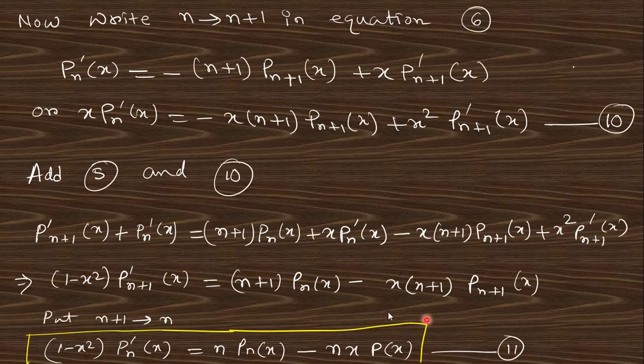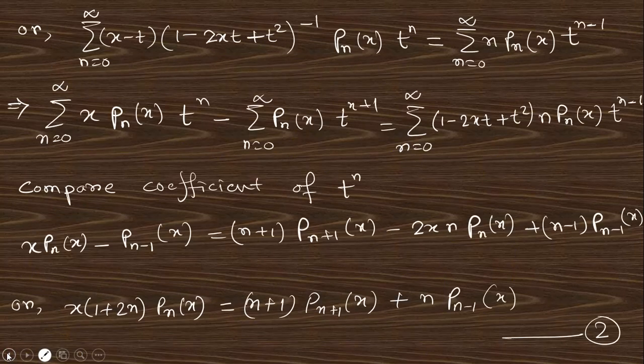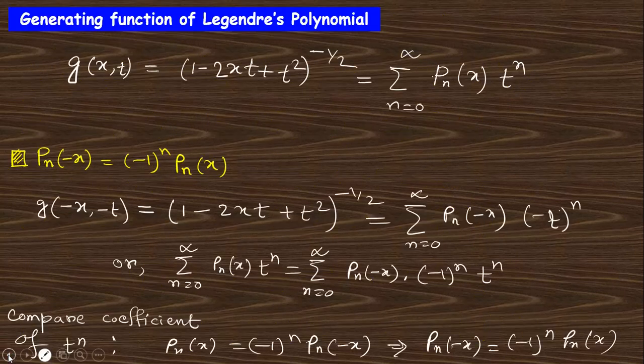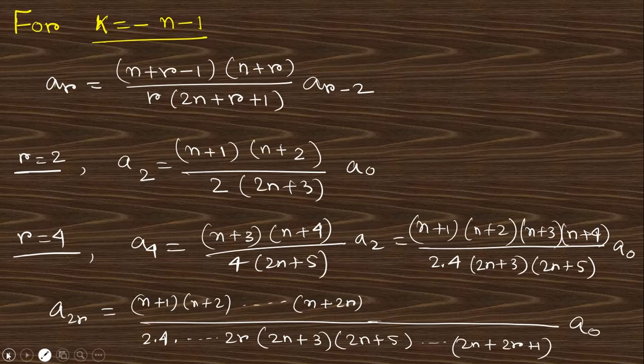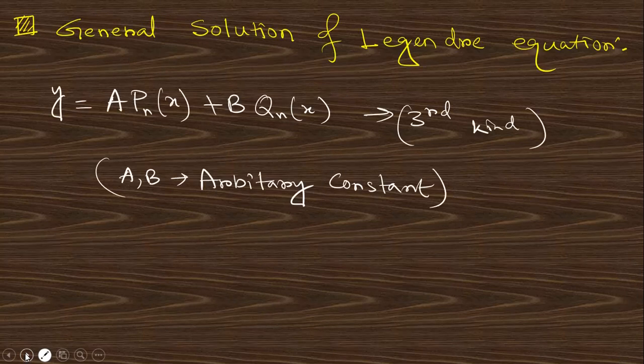And there is another one. Now we come to Rodrigues' formula for the Legendre function. This is the formula. By this formula you can also find the Legendre function. Suppose you put n equals 0, you will get 1. We already obtained that P0(x) is 1, because when we defined the Legendre polynomial in this equation, you can see here P0(x) is 1, P1(x) is x, P2(x) is like that. All Legendre functions can be obtained by